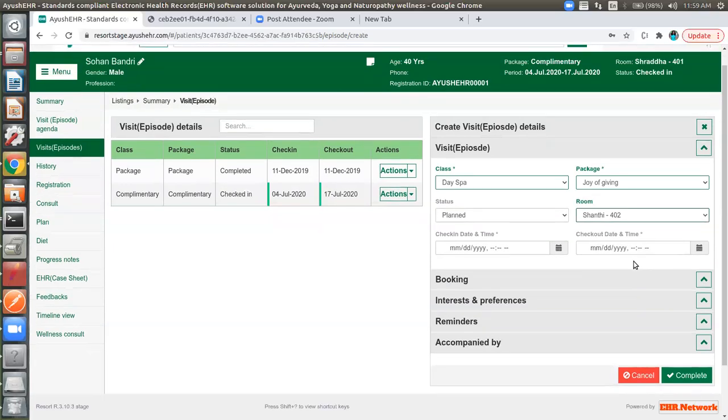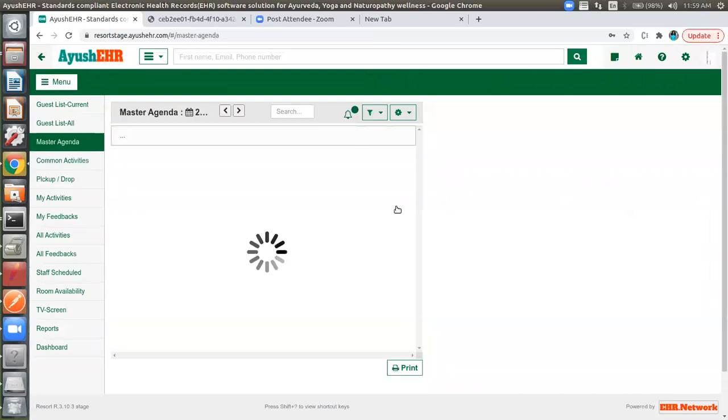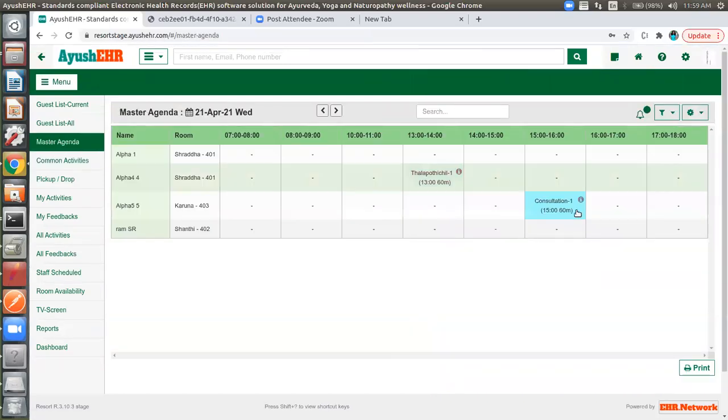Okay. So once they do a booking and come to a resort or hospital, we can collect their clinical related information, and also we can ask what they have come for, whether they want to take some activities or they have to go for some checkups for their problems or clinical problems or something like that. Okay, so once booking is done, we will create an activity, whether they want a consultation, or they want to do yoga, or they want to take a massage, those kinds of things.